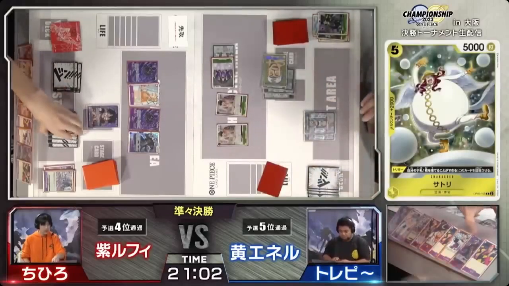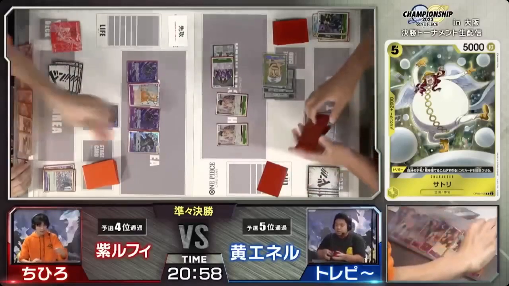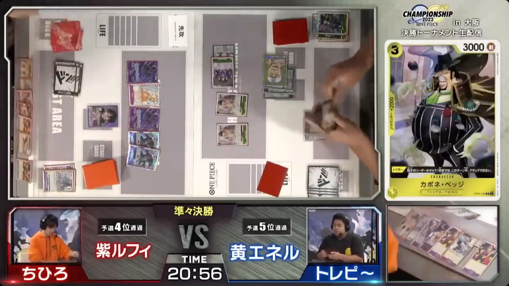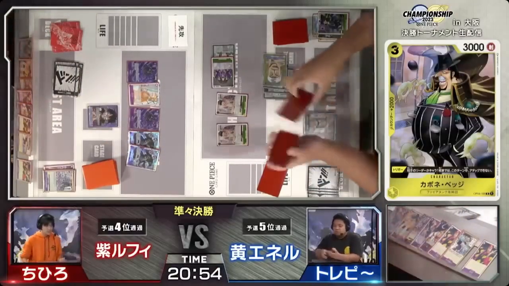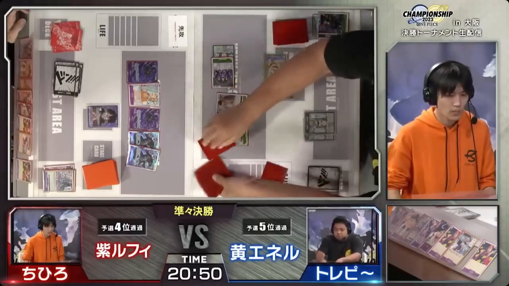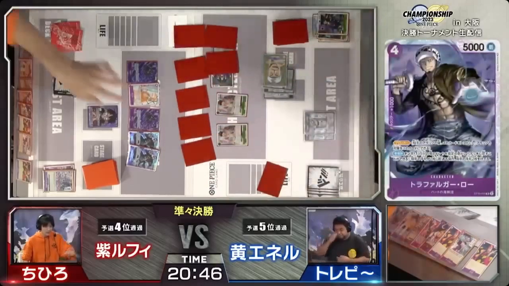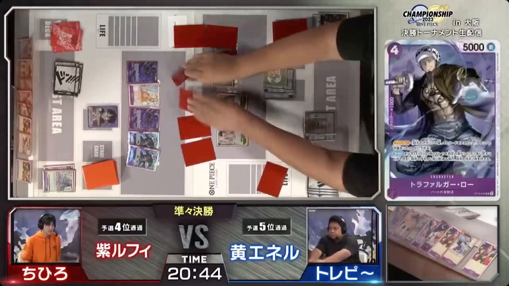Let's see what he's gonna do with all these Don. He still has 4 Don left, and he's probably gonna play another blocker. Awesome. Okay, so double blockers up for Purple Luffy. I think another reason why Purple's so good into this matchup is that, despite what